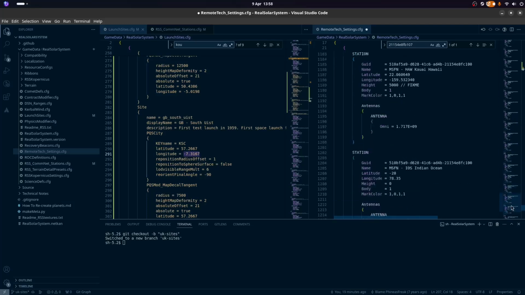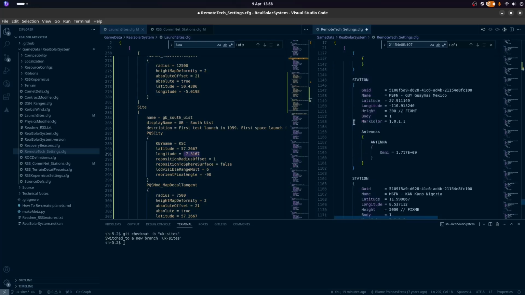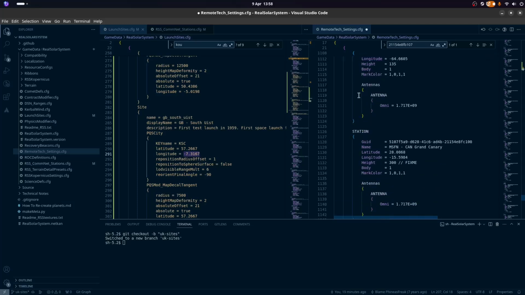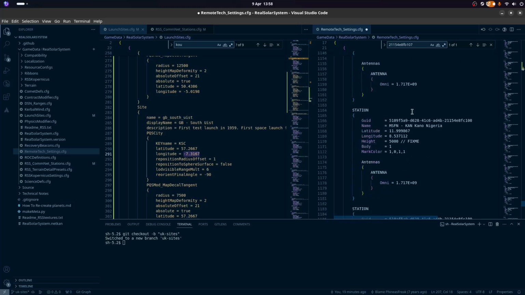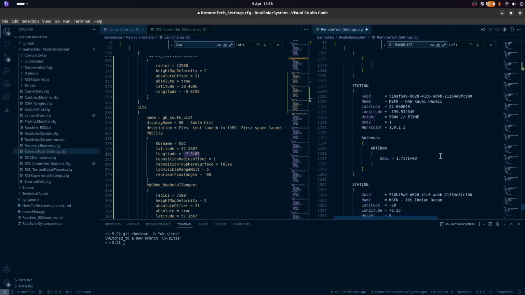So I'm going to add at the bottom. And is this just called MSFN? Yes. So these can go 1.7 million meters. That seems perfectly fair, to be honest with you.